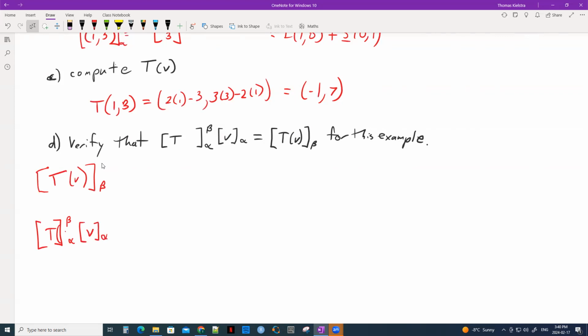We want to verify that these are equal. So first we're going to look at the coordinates of (-1, 7) in basis beta. To answer this, we want to look at (-1, 7) equals A(1, 1) plus B(1, 2). And this creates a system of equations,